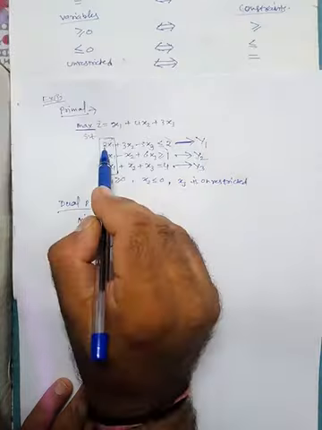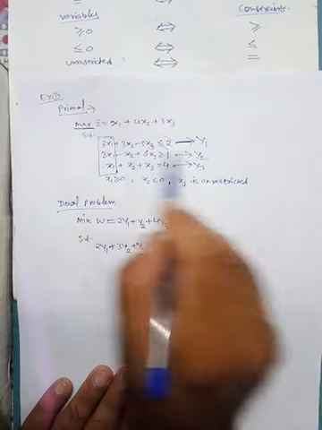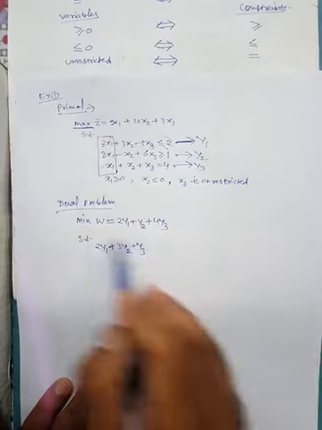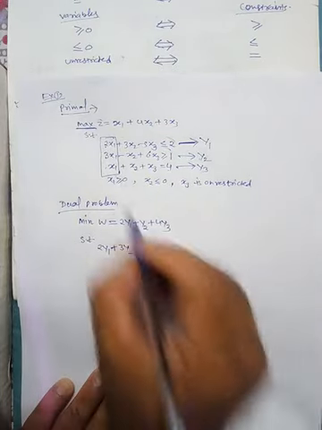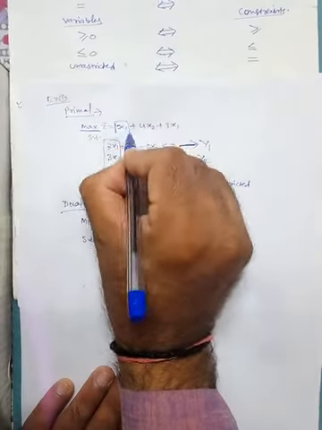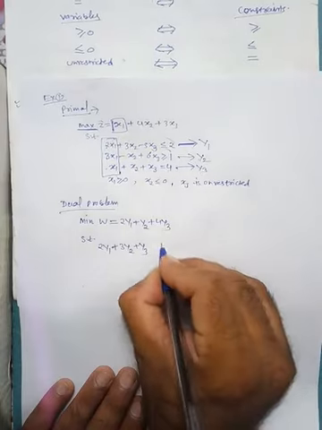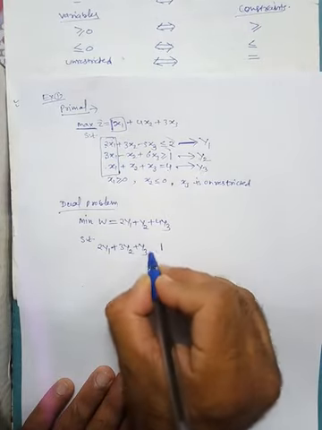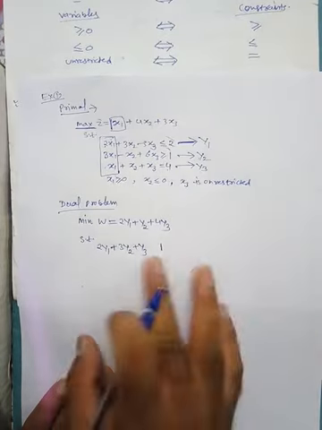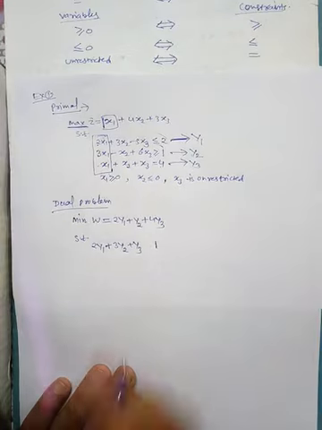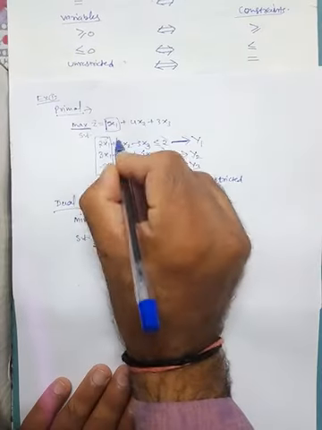Okay, so 2y1 plus 3y2 plus 1 into y3, and the right hand side is associated with the coefficient of x1 here, which is 1. I am not writing the sign here; I will write it down later on. Fine. Similarly, associated with x2,